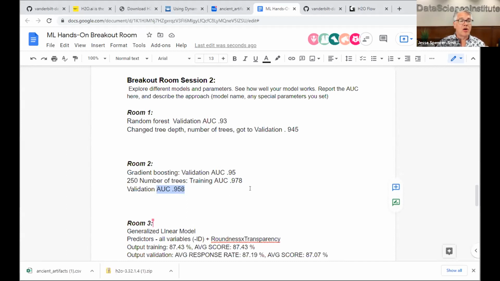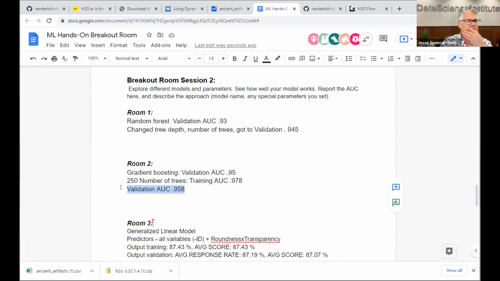These models are very, very powerful, and you can think of it along the lines of the model starts to get on a first name basis with each of the particles, the data for each of the particles. And so it begins to create specific rules for each individual particle, because it has enough trees, it can start doing that. But that doesn't generalize too well, because it's finding properties that really don't matter that much. So even though the training AUC went up, our validation AUC went up, so we're going to keep that model. So we got 0.958, still pretty good.